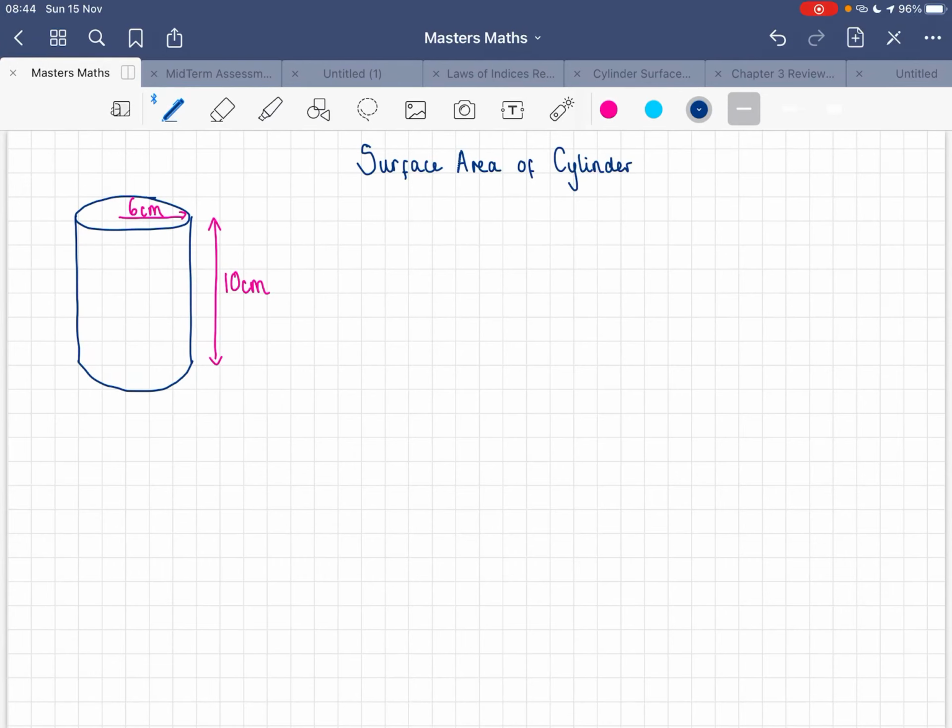Hello, today we're going to look at surface area of a cylinder. If you think of a cylinder, it is made up of three faces. It has the top and the bottom, which are circles, and it has this middle curved surface. If you peeled that away and flattened it out, it's actually a rectangle that has been wrapped around